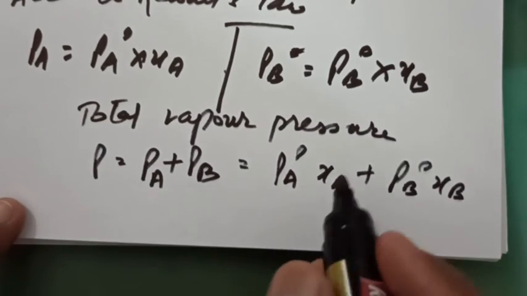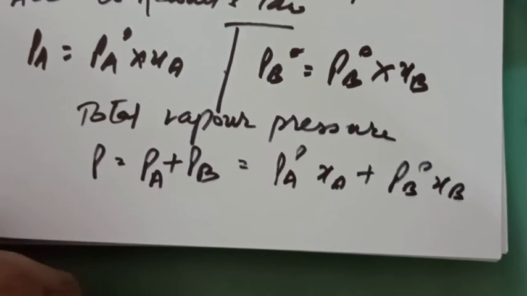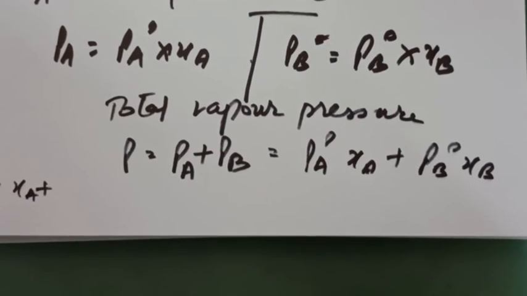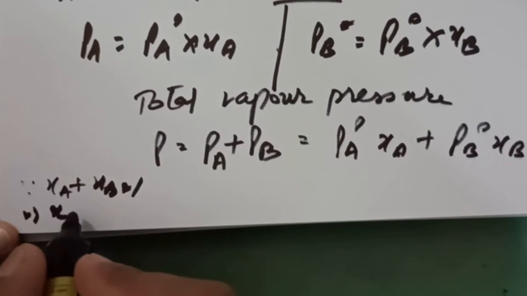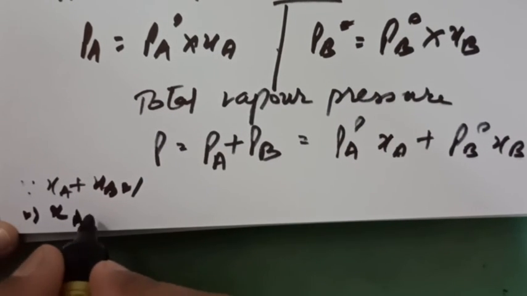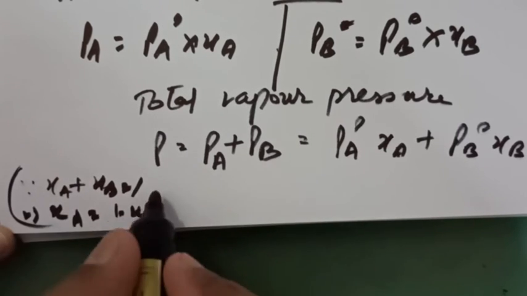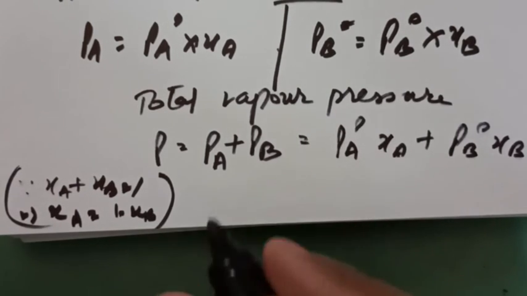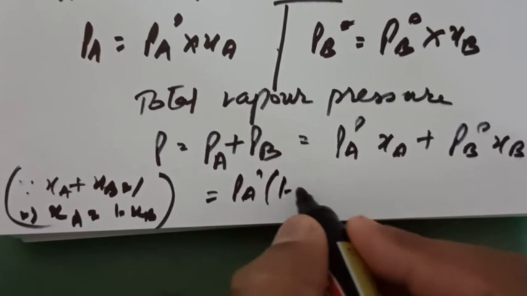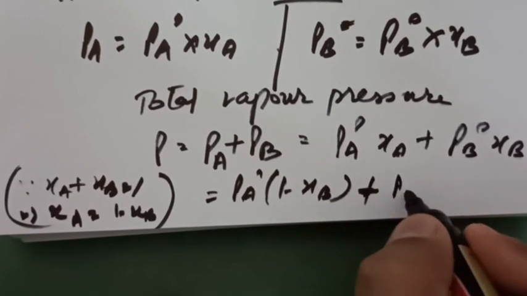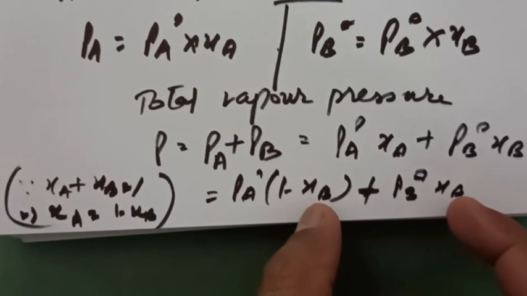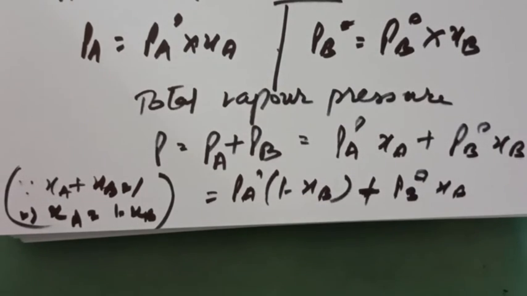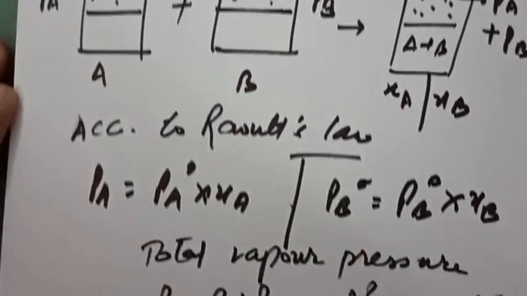And we will also convert it like this, as we know that XA plus XB is equal to 1, this implies that XA is equal to 1 minus XB, ये आ जाएगा हमारे पास। तो अगर हम यहाँ पे XA की वैल्यू पुट कर दें तो क्या आएगा, PA naught (1 minus XB) plus PB naught XB। सो इन टर्म्स ऑफ ओनली XB आ गए, मतलब मोल फ्रैक्शन ऑफ सॉल्यूट की टर्म्स में आ गया सारा एक्सप्रेशन, तो इसको हम ऐसे मेंशन कर सकते हैं। सो दिस इज द एक्सप्रेशन।